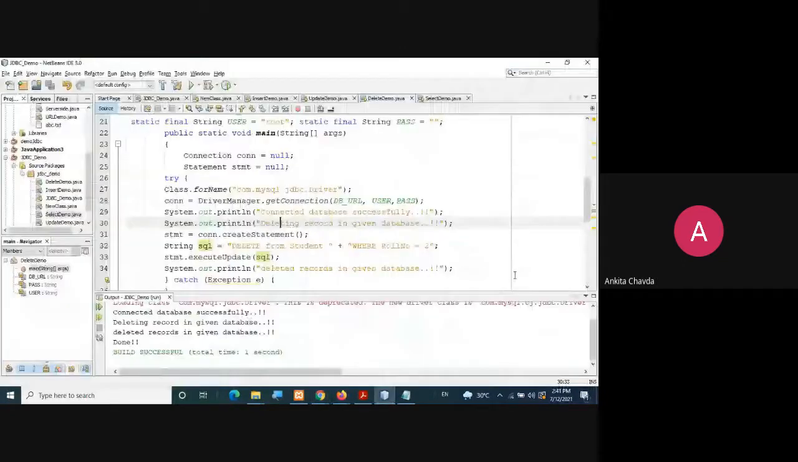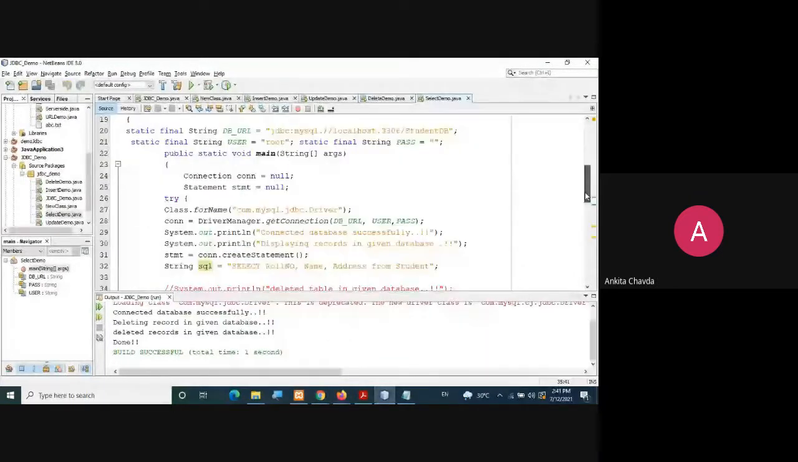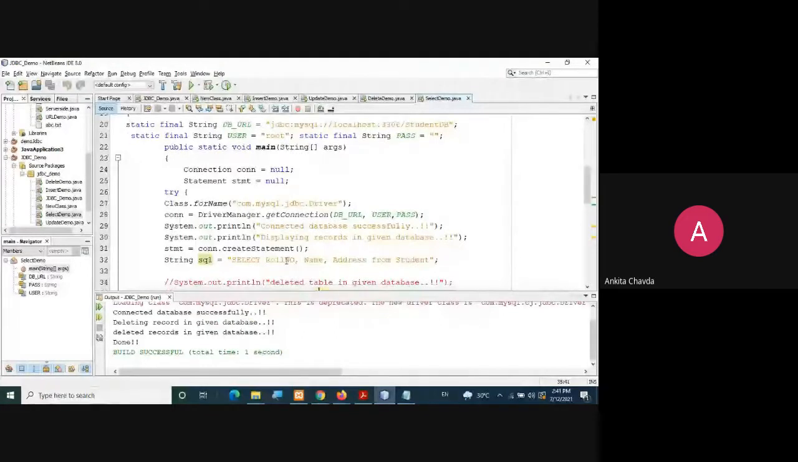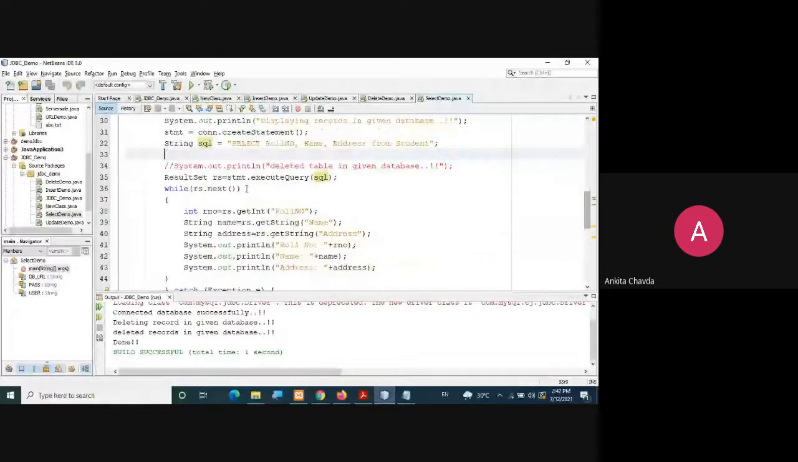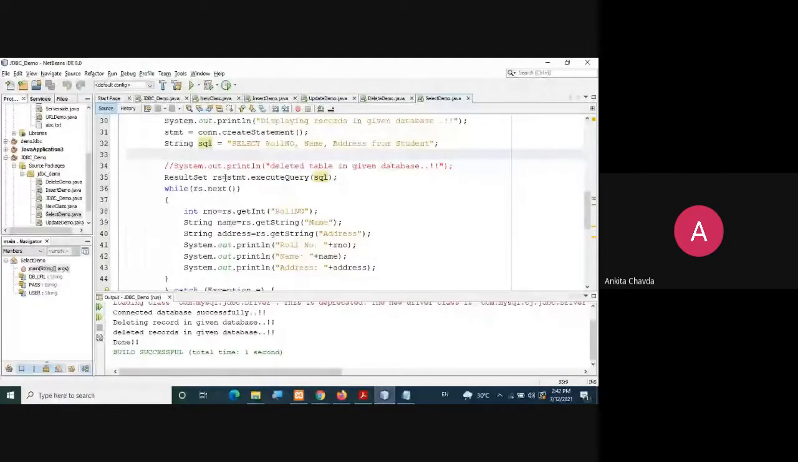Fine. The last one is for the select query, right? For that also you will have the same thing till this. Now here you are creating the statement, stmt equals connection dot create statement. Then you have the string SQL query: select roll number, name, address from student. Now if I wish to fire this query, generally you directly write stmt dot execute update. But here you cannot directly write stmt dot execute query,